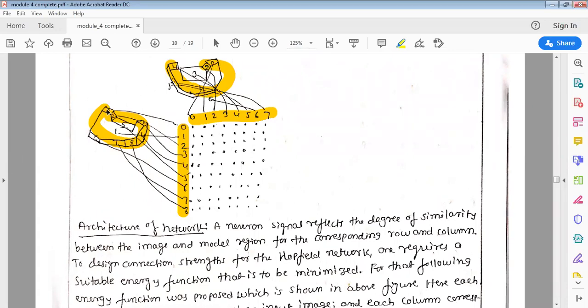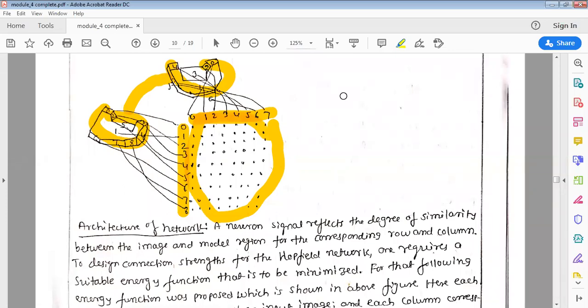So if those values are written in this format, see here, this 0 I wrote here and this 2 I wrote here, but 3, which used to look like this, now because of rotation is looking like this. They are the same numbers only; you are not going to change the numbers, but instead of looking at the front, you are going to look at the other side, that's all. Now by knowing that, you are going to calculate how much similarity this second one has with the first one. That's the total idea. How much similar is given by the values of this matrix. Once you know the values of the matrix, you are going to train the neural network.